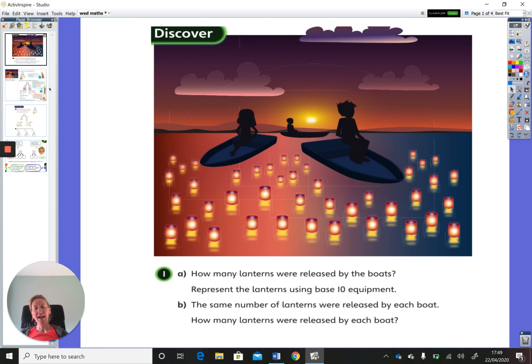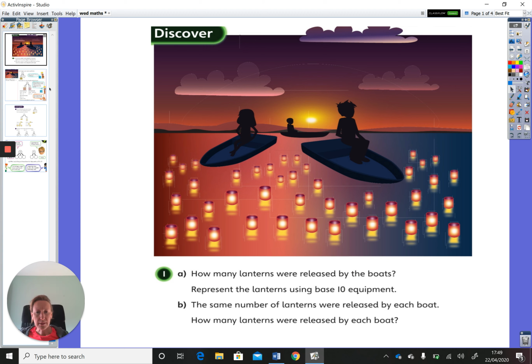This is the second video on division, sharing equally, dividing a 2-digit number by a 1-digit number. And remember, you can pause me at any point if you need to and grab a piece of paper or pen. The first question, as you can see on the board, is a picture of 3 people on boats,